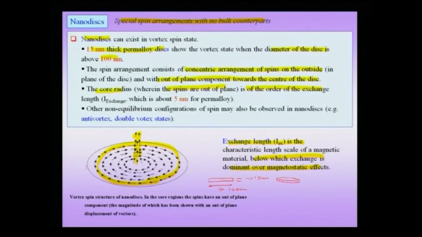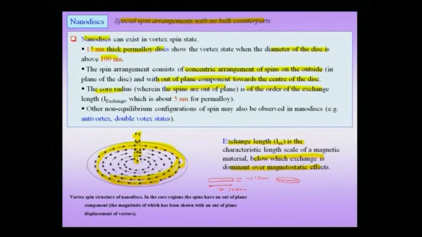We know that when magnetostatic effects are dominant, then spins in a domain will be aligned, and neighboring domains could be misaligned. Below the exchange length, it is the exchange coupling between the spins which is dominant, which means that spins will tend to align parallel to each other. So, you can see that in the central region of the disc, which is of the order of the exchange length, the spins are all parallelly aligned and the magnetization is very large. On the outside, you see that the spins are concentric. So, there is no analog of this in bulk material. So, this is a very special kind of spin arrangement, and we also see clearly in this example that on the outside these concentric spins are like a 2D system.